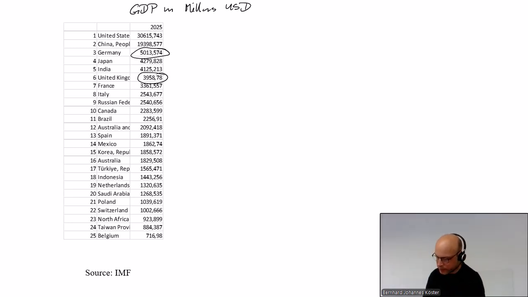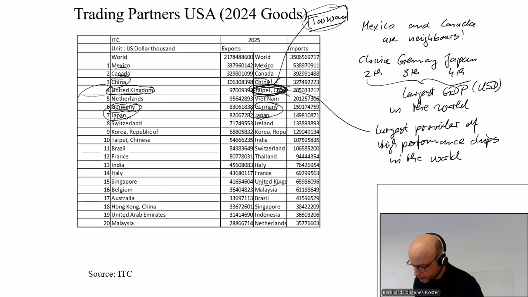So we are roughly 20% larger, but if we look at the exports, then roughly 1 billion compared to 800. So maybe 15 to 20% is the export volume to the United Kingdom larger than the export volume